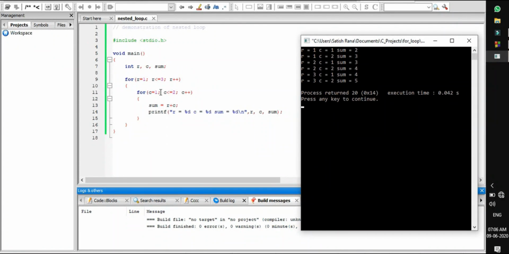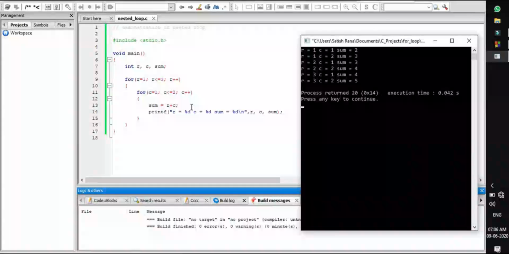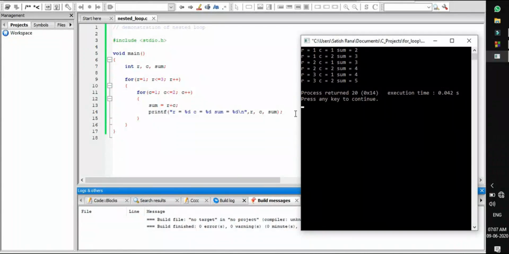So for C equal to 1, it has printed the value by adding R plus C and come back to C++ and incremented by 1 and it becomes 2. So again it added the value of R and C and printed the sum. Now after completing this for loop, the control reaches R++ and it increments the value of R to 2. So for 2, again this loop will execute 2 times, and after executing, it again comes to R++ and increments